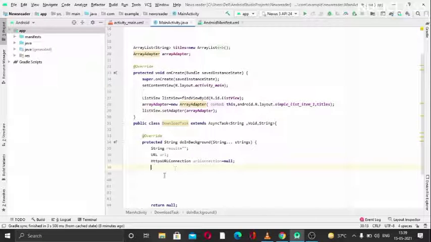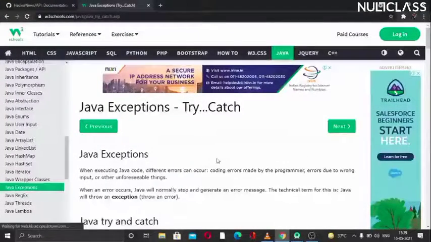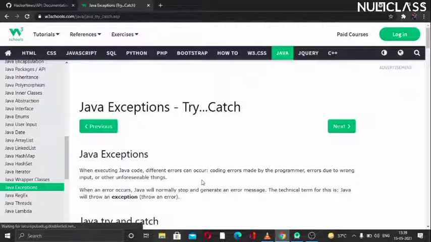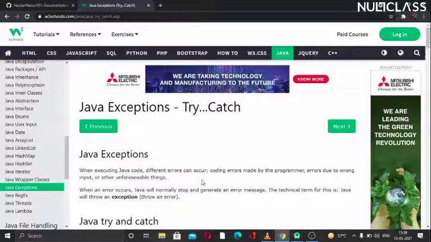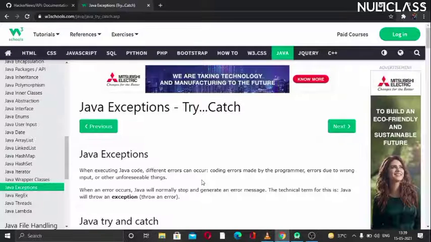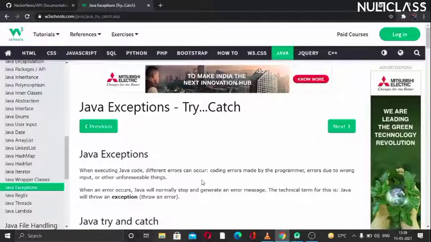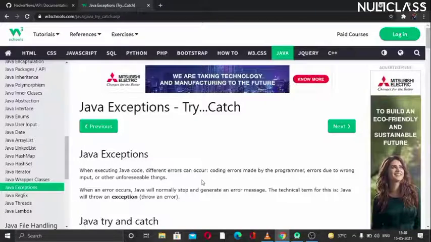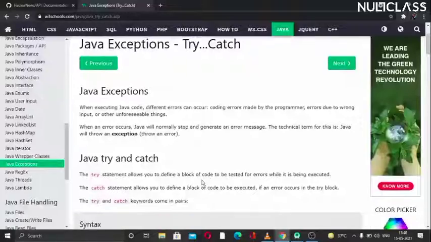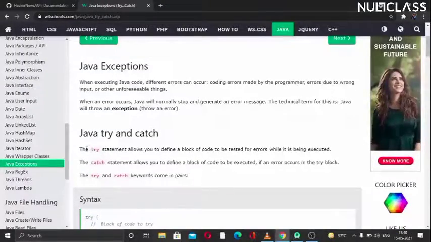Now we will use try catch here. What's try catch? If you don't know, I will give you a bit of knowledge about that. When executing Java code, different errors can occur. Whenever a programmer writes code and runs it, there may be some error, like runtime errors or other exceptional errors. So Java has this feature, try and catch.